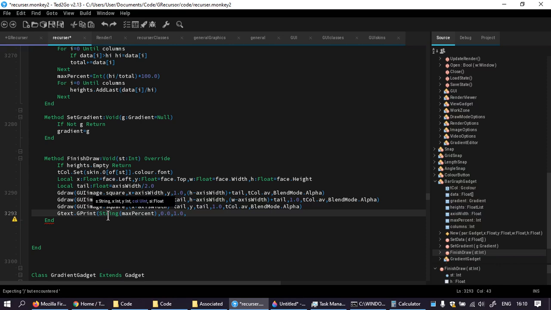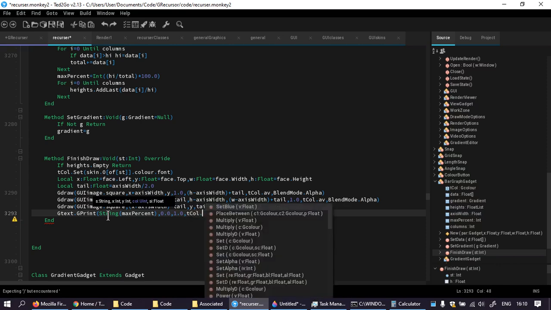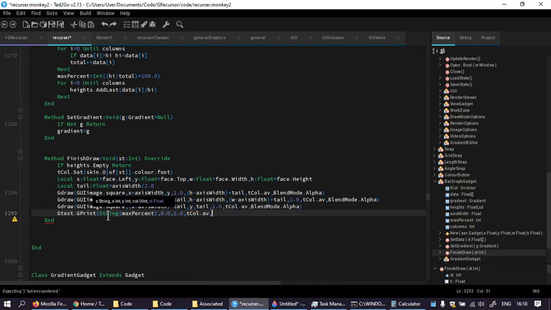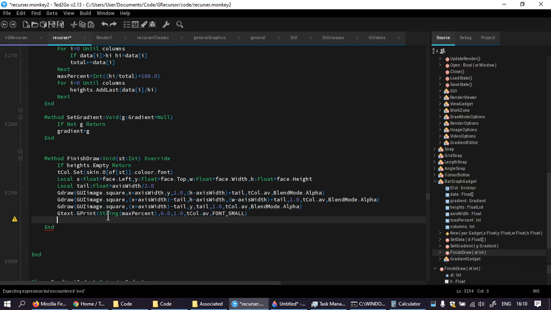And again, t call av size. I'm going to say font small and see how we get on. And also g text, g print, the string of, oh no, actually don't put the string of 0, just do 0, comma,